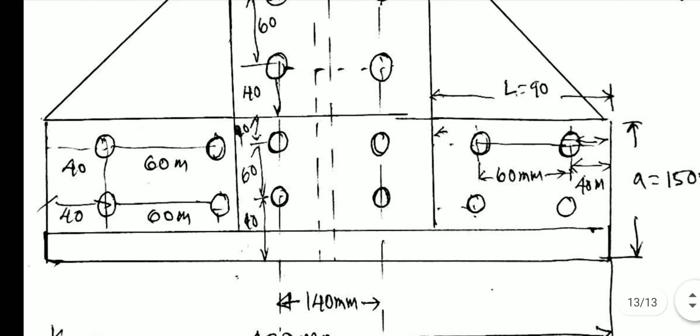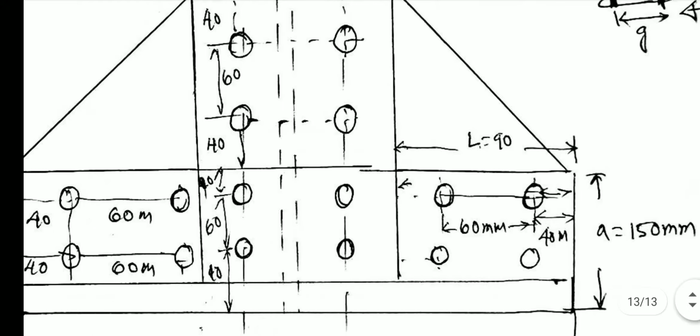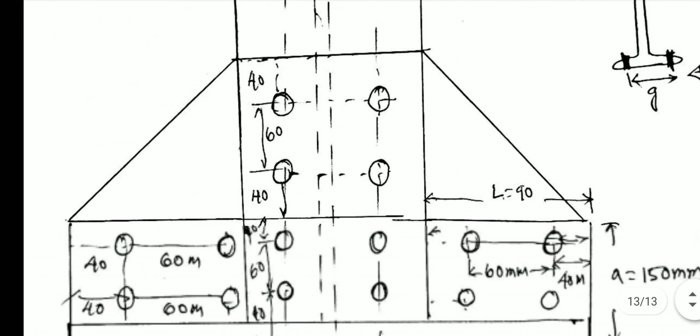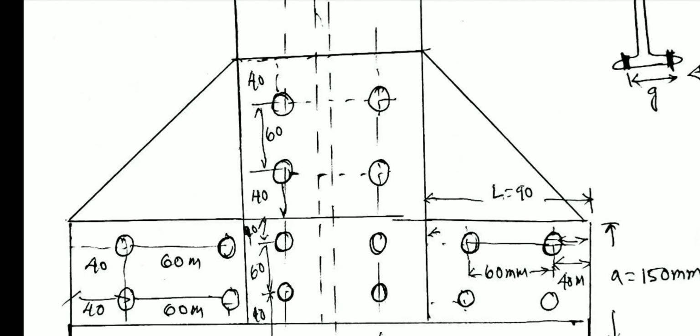This is about your plan. This is about your section view. So this section view is only taken as an example. For both the sections, if you refer to this drawing, you can draw two more diagrams as per your suitability. Okay, and please share them with me in the group so that they can be checked whether they are right or wrong.